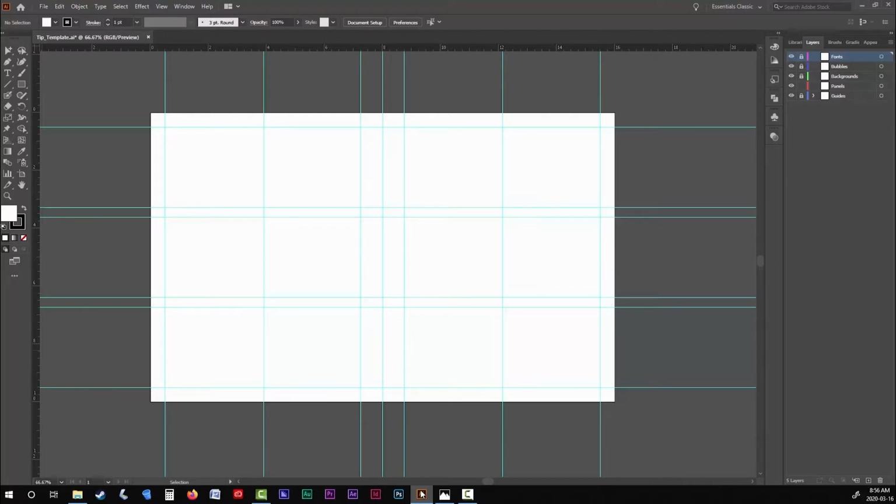As for these middle guidelines, most comic books are divided up into 3 sections: a top, middle, and bottom panel. Putting in these guidelines ahead of time will just make the process of creating the panels that much faster. Thanks to the guides, I won't have to eye the spacing between my panels to make sure that they're all equal. I'll just be able to snap my rectangles right to the guidelines.